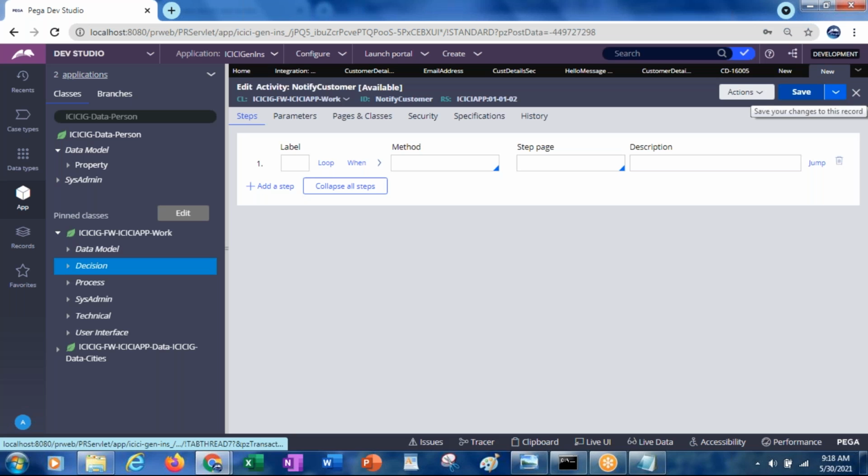Previously we sent the email from the flow. In the flow we had the smart shape, and we selected the send email smart shape.